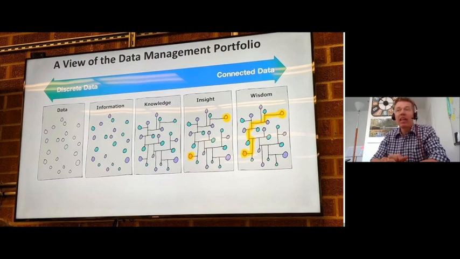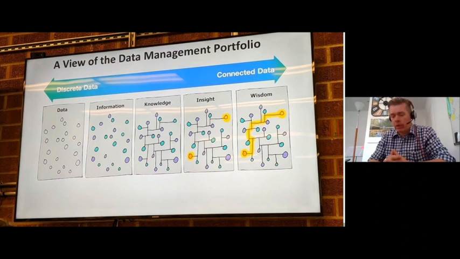If you start connecting all the dots and find the relationships between the various nodes, as we'd call it in a graph, then you start to understand, then you start to gain some knowledge about how these various points are related.